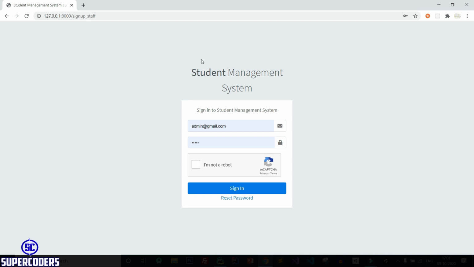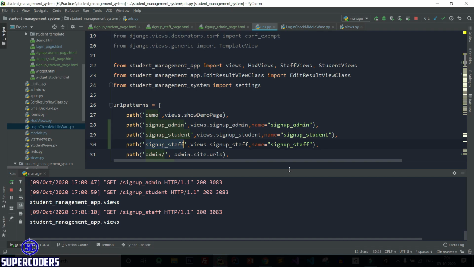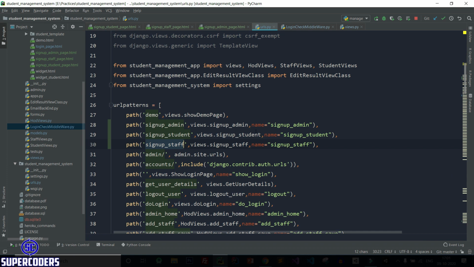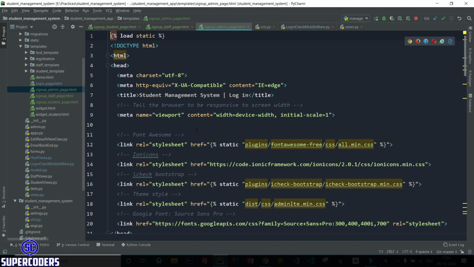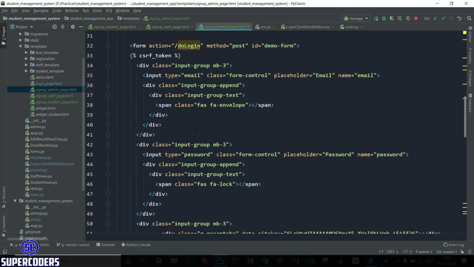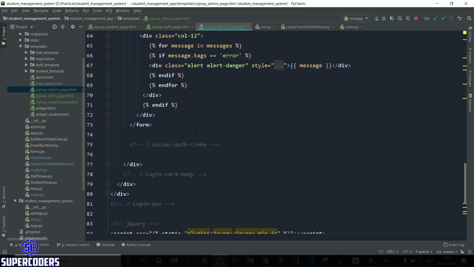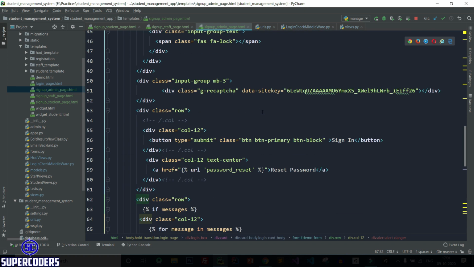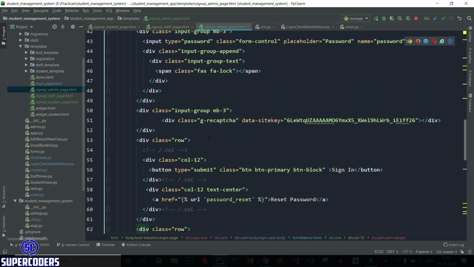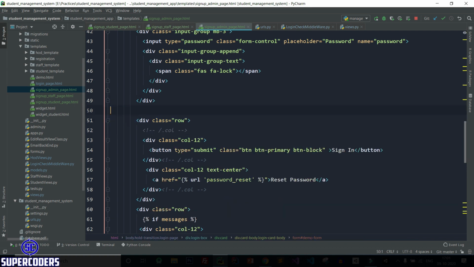Now let's work on the form for every type of login. So again back to PyCharm, let's minimize it. First open the page of admin. So here is admin page. Now let's see. So first here open this page and remove this captcha because I don't want to show the captcha. So remove it